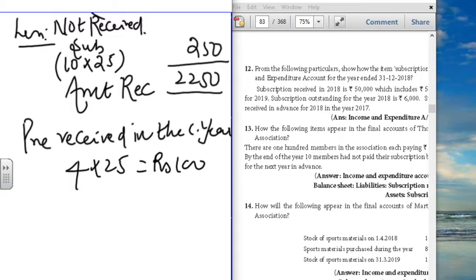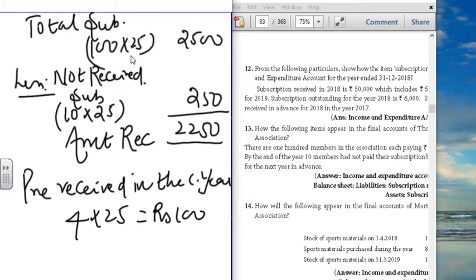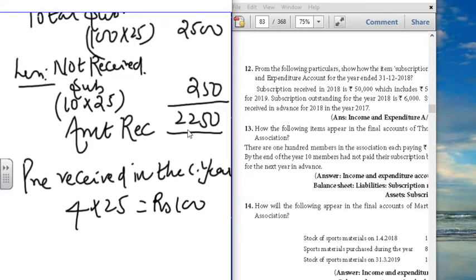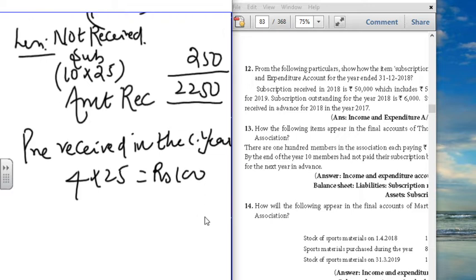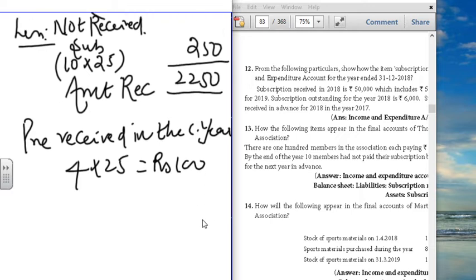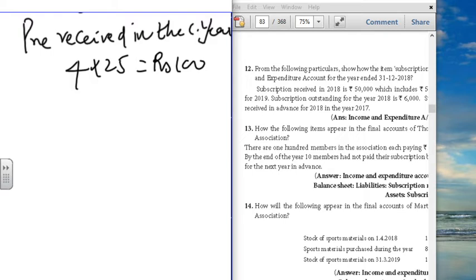I'll once again explain this problem. Totally 100 members, they are paying 25, so it is 2,500. And 10 members have not paid, so 10 into 25, 250. So totally 2250 is the amount we received. But they gave the clue that future year pay பண்ண வேண்டியத current year 4 members pay பண்ணிருக்காங்களாம். அப்போ 4 into subscription amount 25 is equal to 100. So this is how we are going to present it in income and expenditure and in